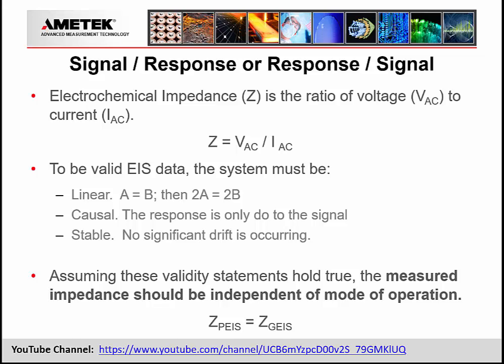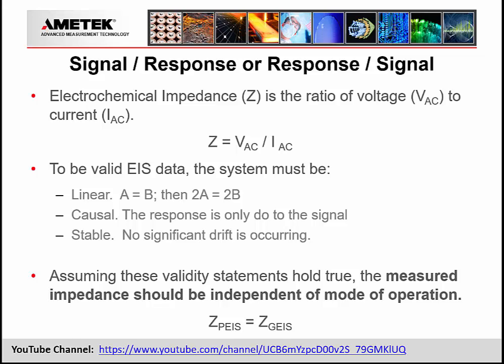We need experiments to be stable, and so stability, when we look at some of the data, will show a lot of the information we're going to get is at lower frequencies. Lower frequencies take a longer time, and in doing that, we want to make sure our system is stable. We'll talk about some different techniques and a demonstration of how we figure this out and ways we can benefit from that over the next couple slides. But assuming that all of these are valid, then the measured impedance should be independent of the mode of operation, meaning that if I'm controlling the potential in the EIS experiment or controlling the current in the EIS experiment, both should give me the same